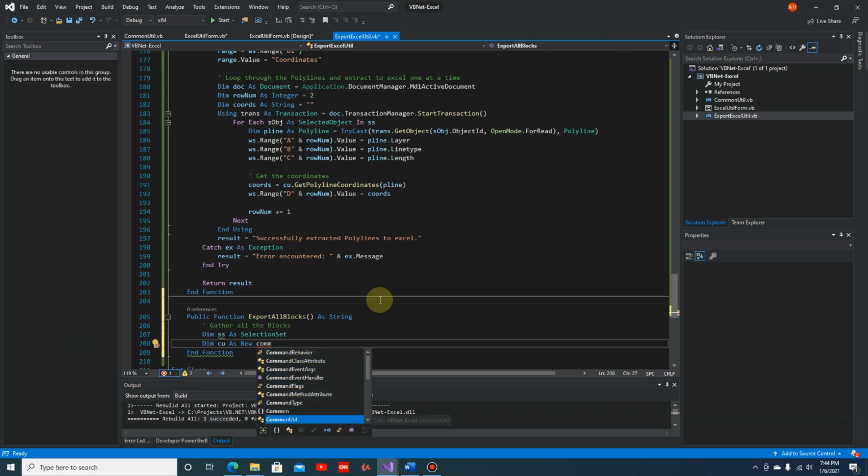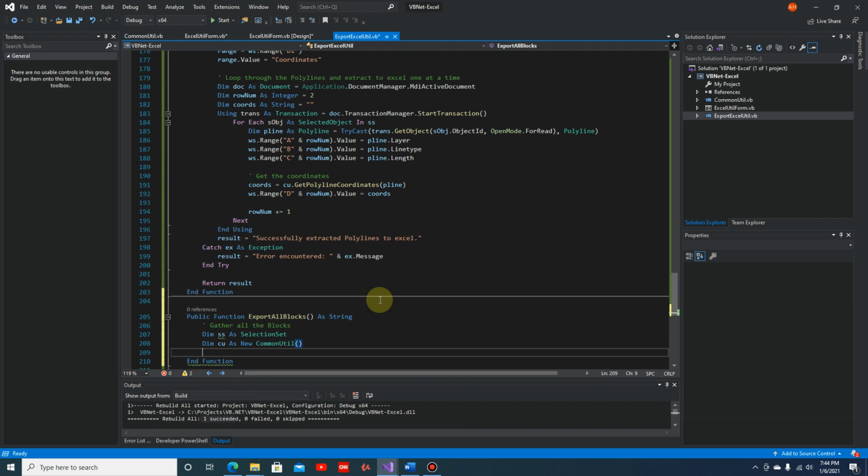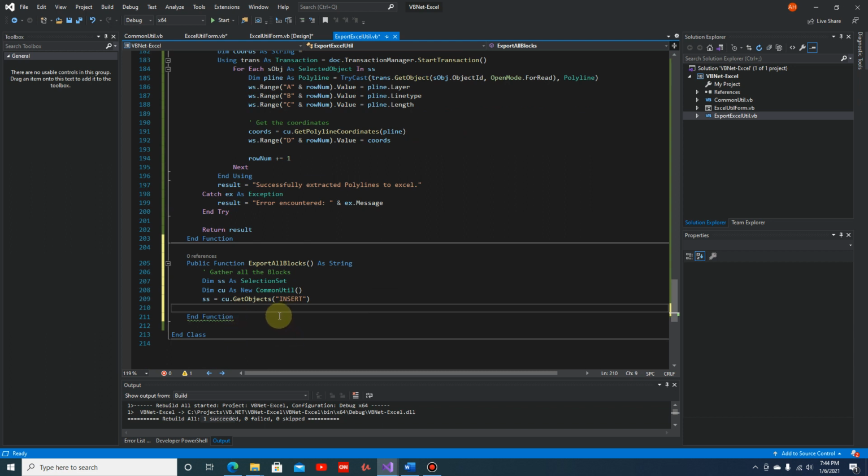This one here. Okay, so now we can store the blocks in a selection set variable that will be coming from the CU GetObjects, and this time we are going to pass an INSERT string, which means that we are going to just gather all the blocks,